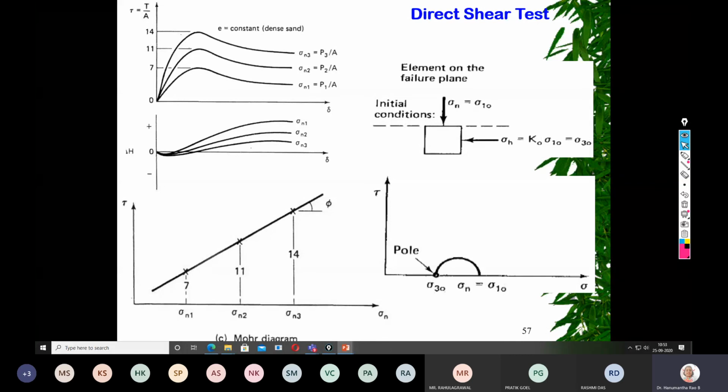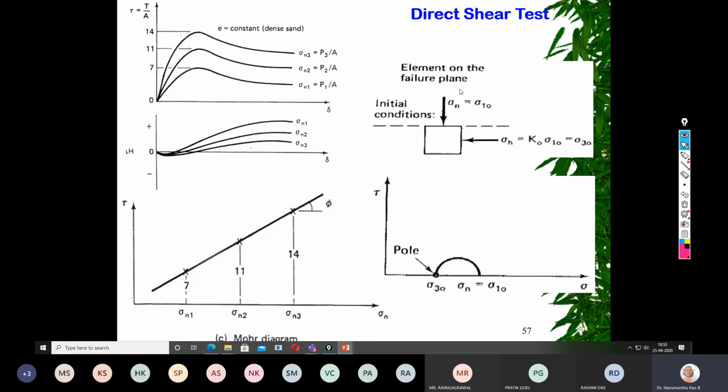So this is another sum, on the direct shear test. Just imagine you have conducted a direct shear test corresponding to 3 confining pressures. This is the deformation diagram, and this is the normal stress versus shear stress diagram. This can be developed corresponding to 3 normal stresses, as you can see here, points 7, 11 and 14. Since you have conducted the direct shear test, it predominantly passes through the origin. The slope of this line is nothing but phi.